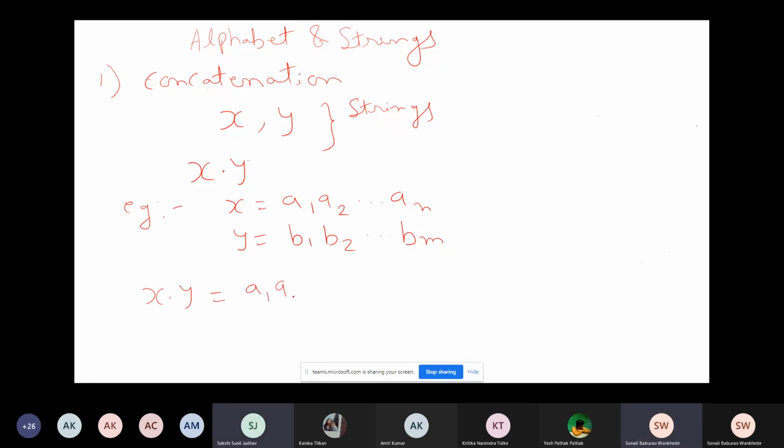Very good, yes, you're right. You're expanding that. That's good. It is basically A1, A2, AN dot B1, B2, BM. And when you proceed further, you get the final result. You can expand that. So this is what the basic operation of concatenation does.